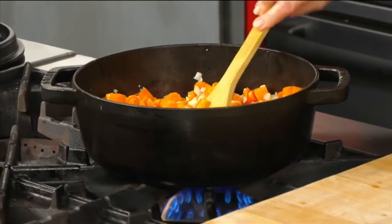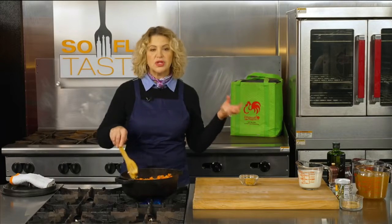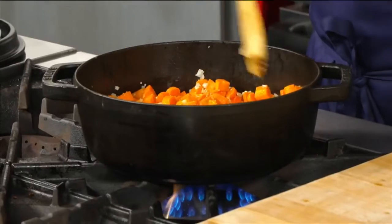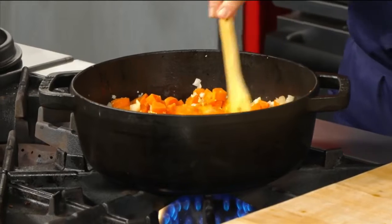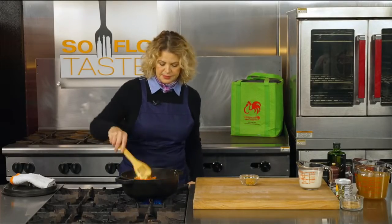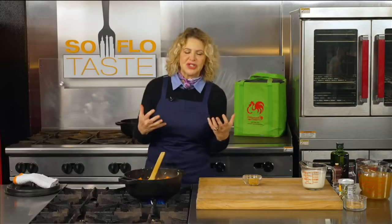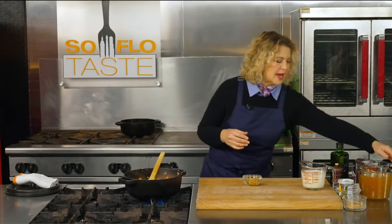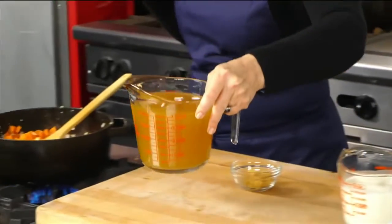So this soup can be vegan, but it can also be vegetarian, and it can be none of the above. You can use chicken stock, or you can use vegetable stock, or you can even use dashi if you happen to have some around, which is that delicious seaweed stock with a little bonito flake. So the way that I would make the soup, only because I love chicken stock so much, is I would actually add chicken stock. Today, we have veggie, but at home, because I'm not vegetarian, I make this with chicken